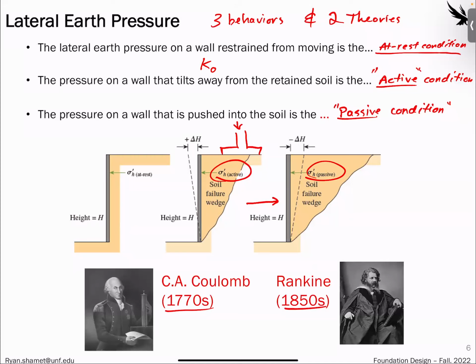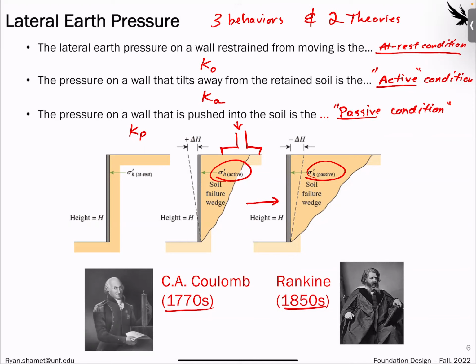And then following suit here, Ka is for K active or for active conditions, and then Kp is for passive conditions. So anytime you're doing a design, you need to first understand what is going to be the critical state at which we need to design this for. If the soil is hopefully not moving at all, and K at rest conditions, K naught conditions, are going